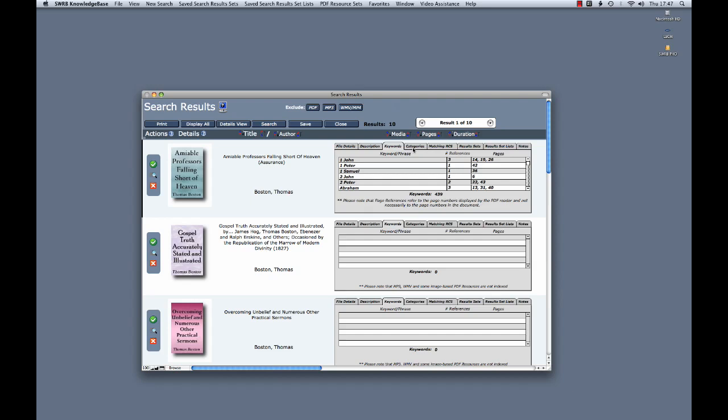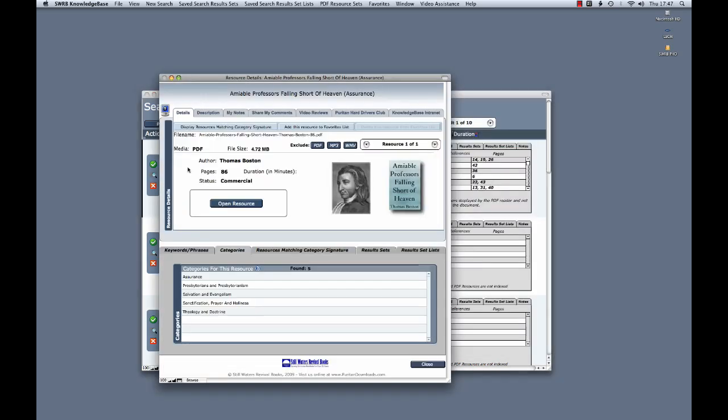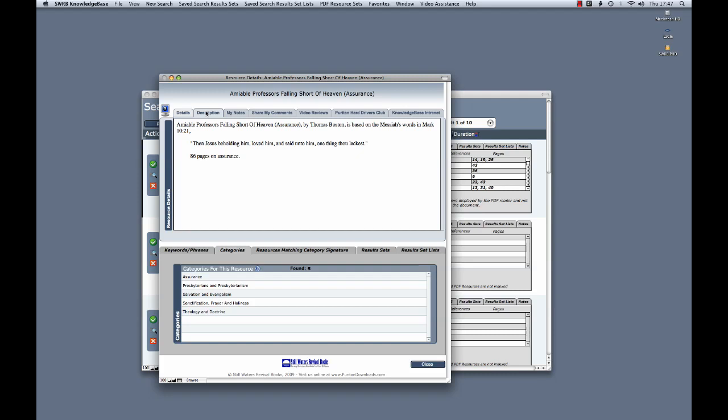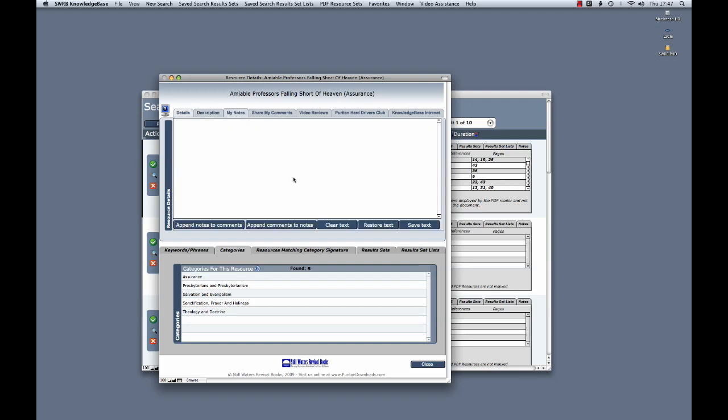To do that, we just click on the book image and we get what's called the resource detail screen. Here we see all the file details. We can access the description. We can access any notes that we've created as well as add to those notes in this mini word processor that's in this screen. We also have the capability to share comments